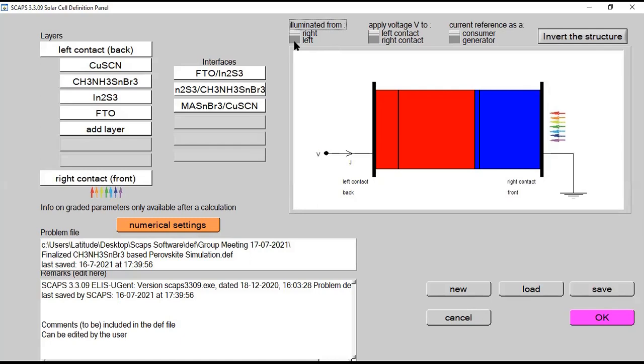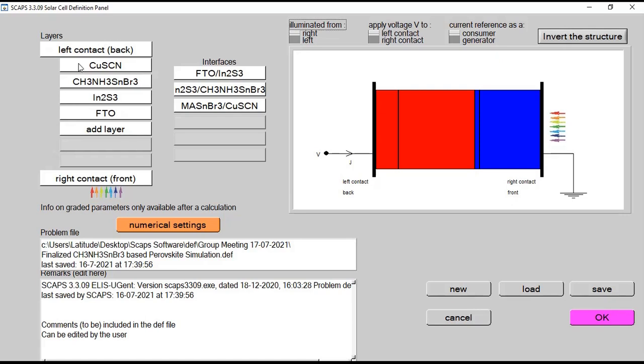So one thing you should know about this SCAPS, it can simulate two kinds of structures: inverted architecture and non-inverted architecture. I hope you have a little bit of knowledge about inverted and non-inverted architectures. Yes. Like in SCAPS, we can simulate NIP architecture or PIN architecture. What actually it means, when we are going to simulate any architecture, we need to identify whether our light will be incident first on n-type material or p-type material.